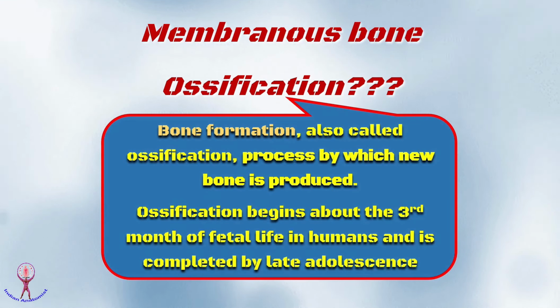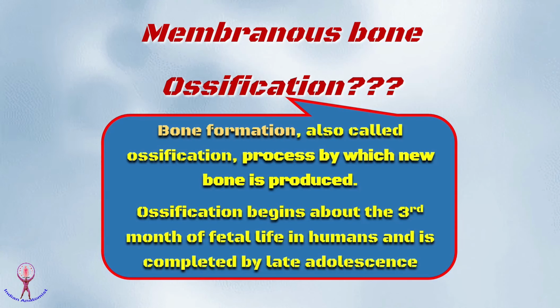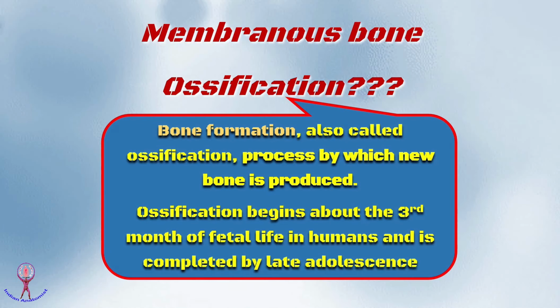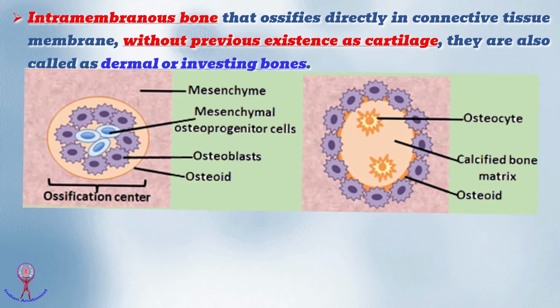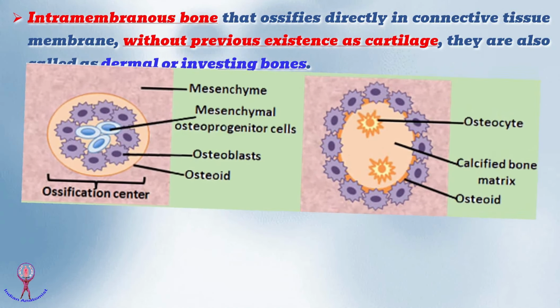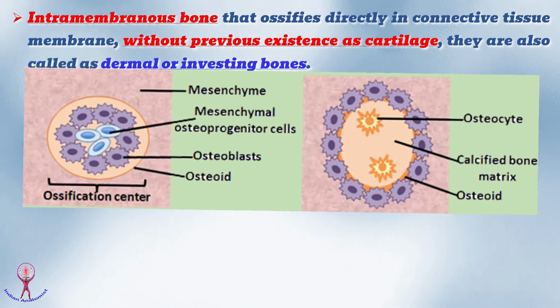It is the process by which new bone is produced. Ossification begins about the 3rd month of fetal life in humans, and is completed by late adolescence. Intramembranous bone ossifies directly in connective tissue membrane, without previous existence as cartilage, and is also called